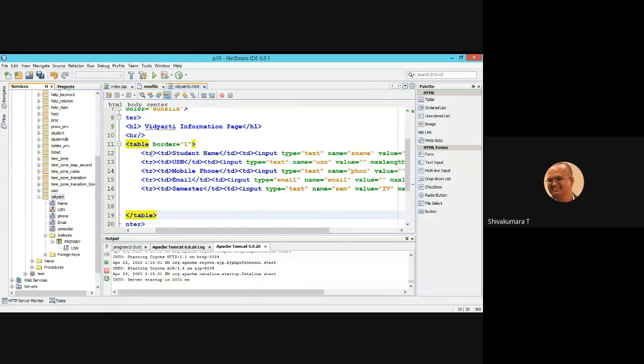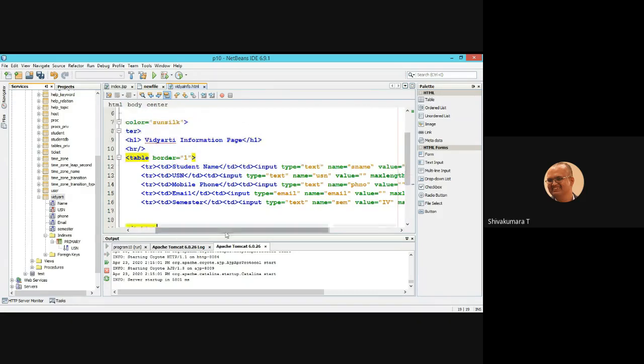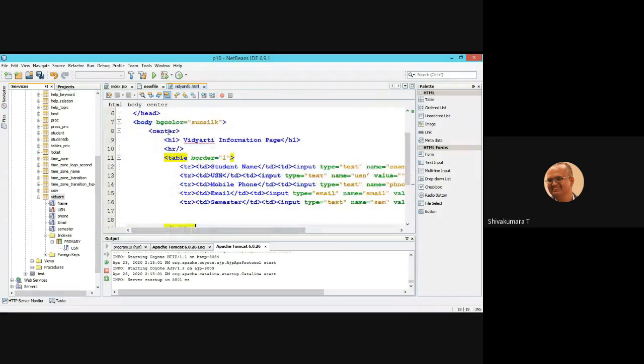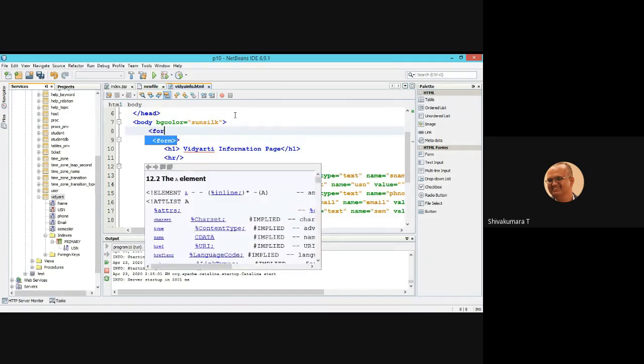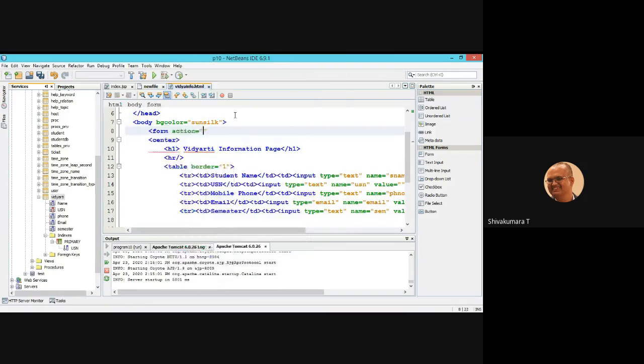Okay, let us look into how your page looks like. Table is opened and closed here. We need to write the form action tag. When you click on the submit button, that is going to be invoked. Which servlet?